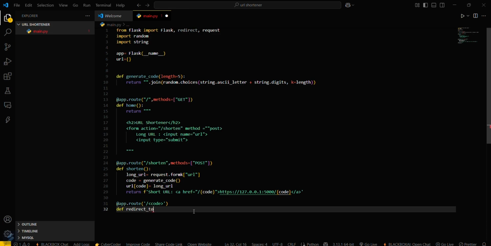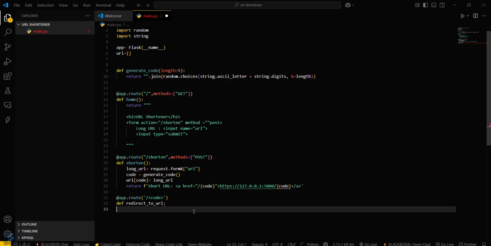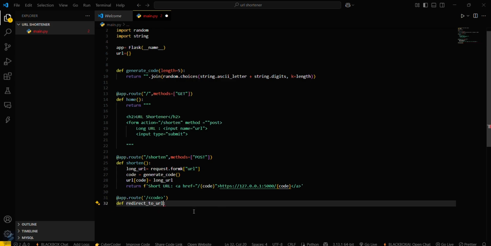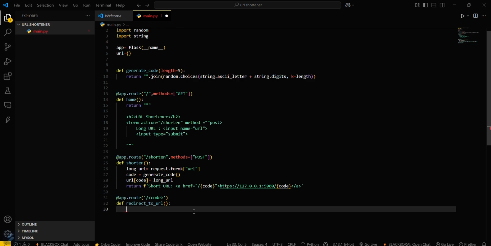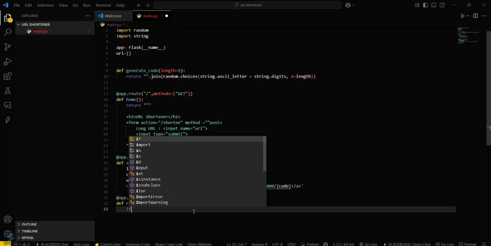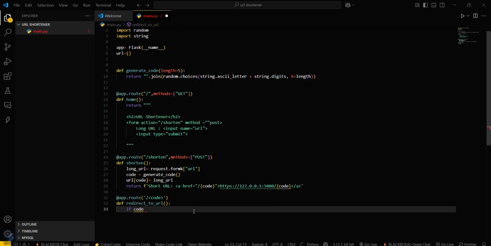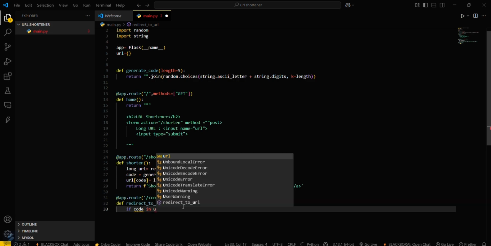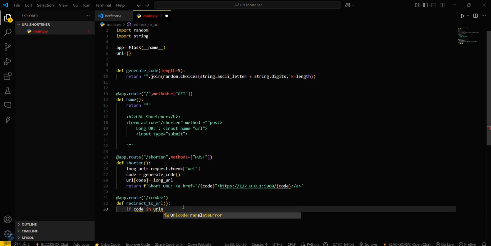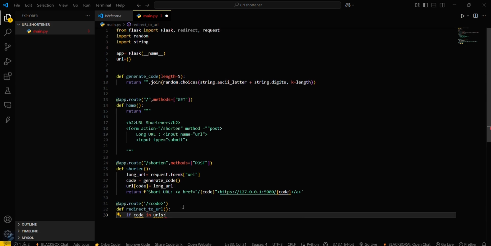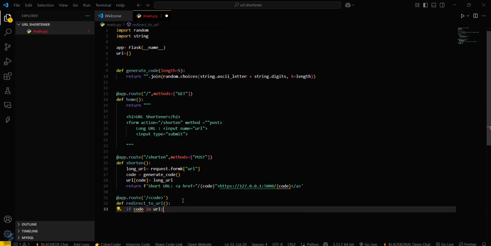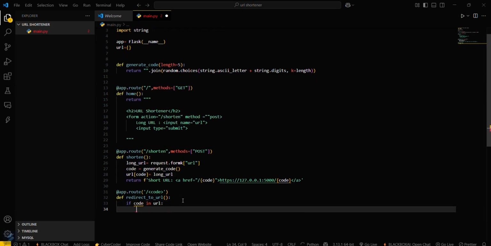Redirect to URL. Okay, because this was a function, you have to use this. Now, if code, we have to check that if this particular variable is in URL dictionary or not. In URLs, we have defined it as URL, not URLs. Okay, if code in URLs,